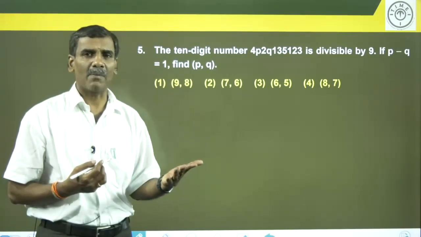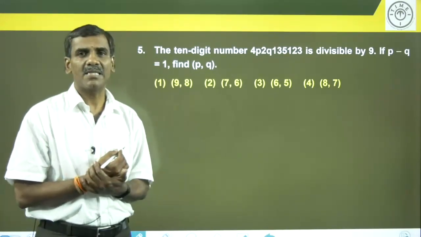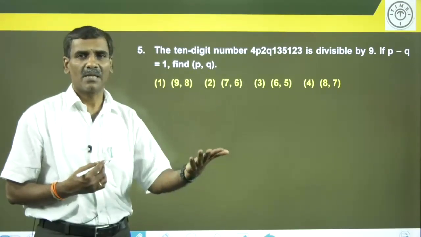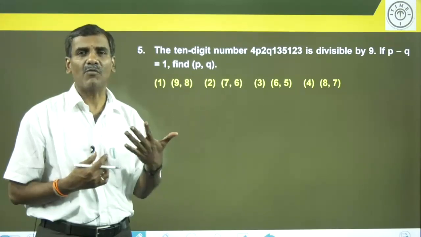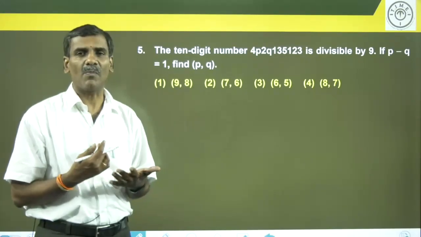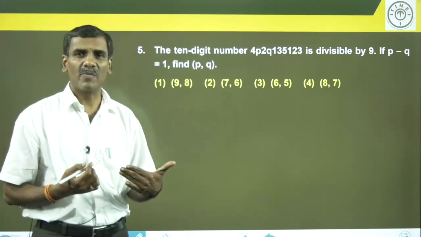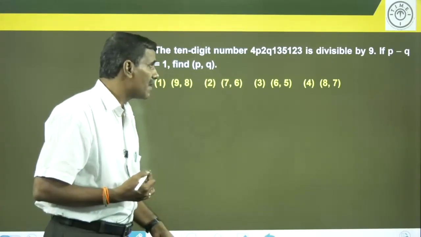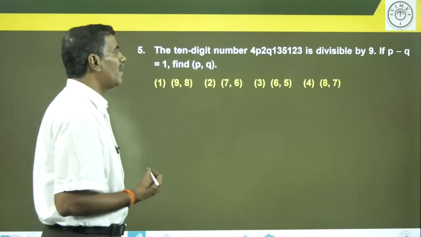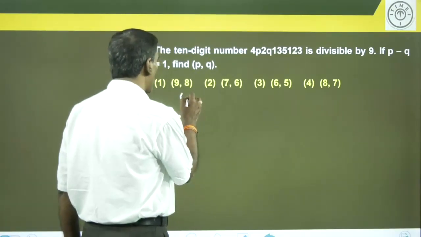Like if you are considering a number like 63, what is the sum of the digits? 6 plus 3. And 63 is divisible by 9. Same way, 6 plus 3 is divisible by 9. If you look at something like 126, the sum of the digits is what? 1 plus 2 plus 6, 9. 9 is divisible by 9. Even 126 is also divisible by 9. So same way here, the number is given to be divisible by 9. So that means the sum of the digits of that number